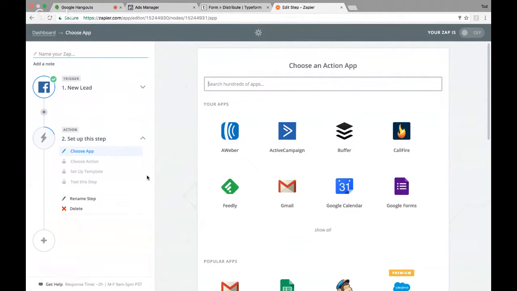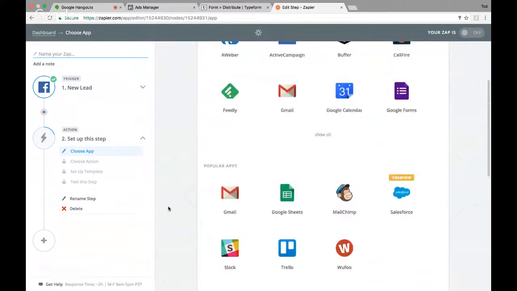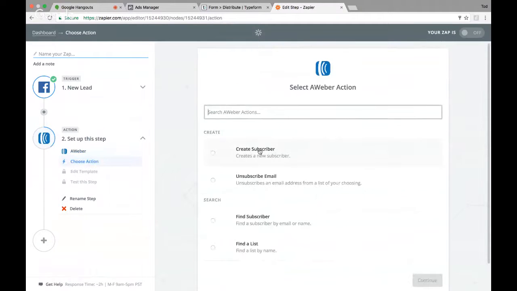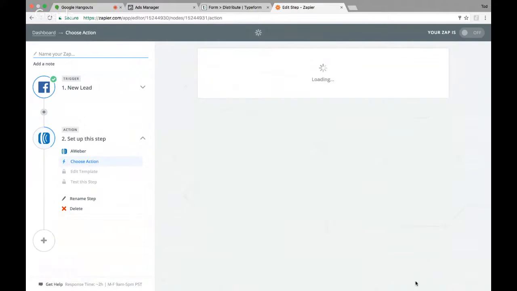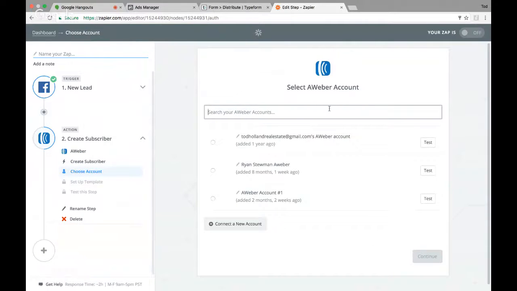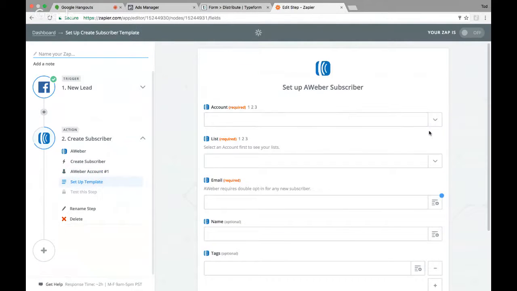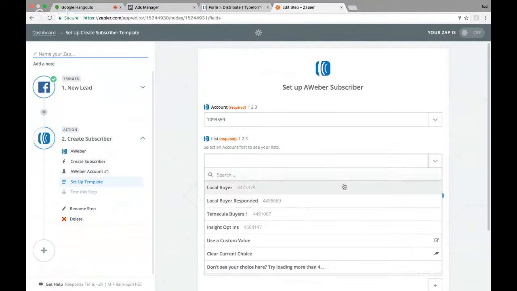app is going to be whatever you use to follow up, right? If you use Aweber or Pipedrive or any of those things, a lot of you are on Aweber, so I'm going to make this simple and just throw it on Aweber. You can do this with Lead Traps or Agent Legend and just about anything else you need to. Well, I think this is the one I'm using now. So the account should be, yep. List, I want a local